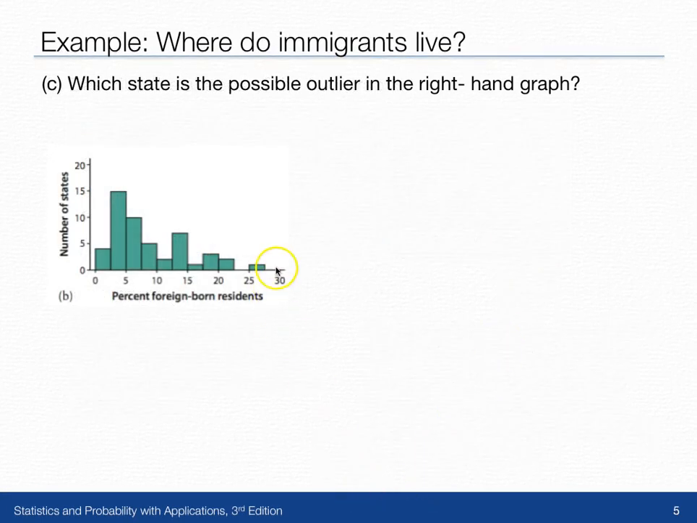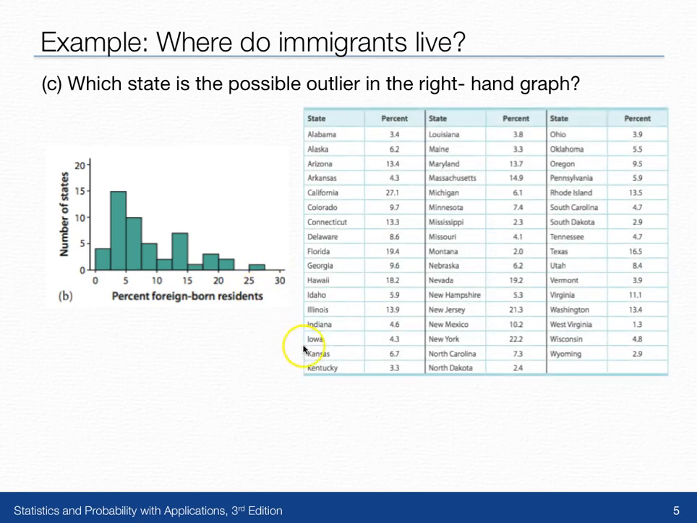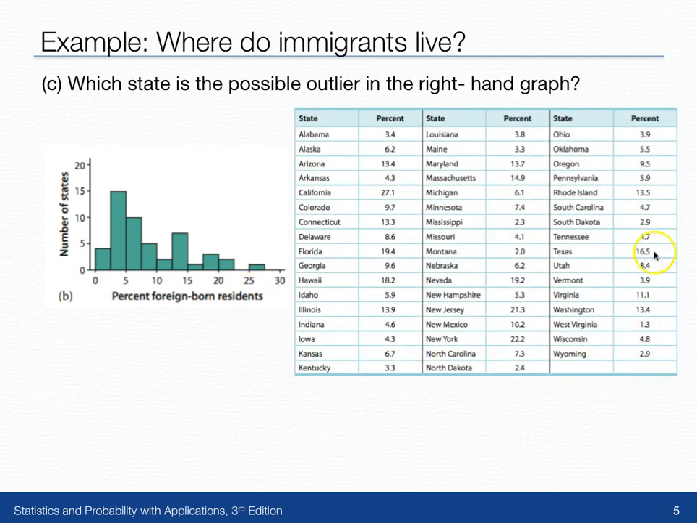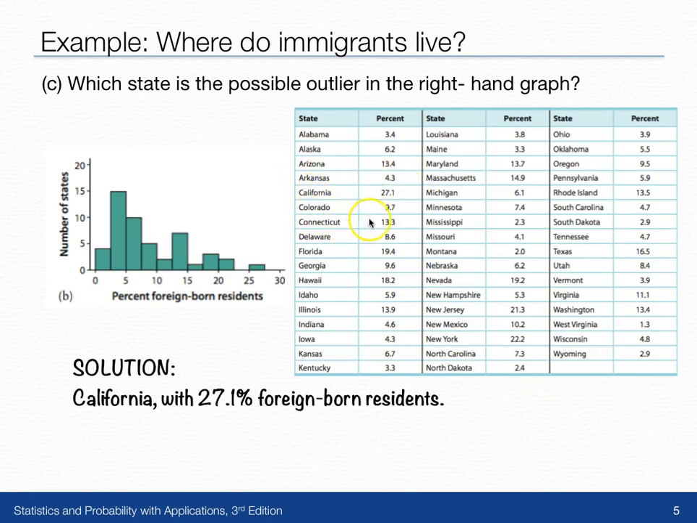Which state is the possible outlier in that right-hand graph? Well, to determine that, we note that this percent has to be greater than 25. So looking at our original data table, we'll want to search for a percent greater than 25. And we see that we do indeed have one here in the state of California. So California, with about 27.1% foreign-born residents, is our